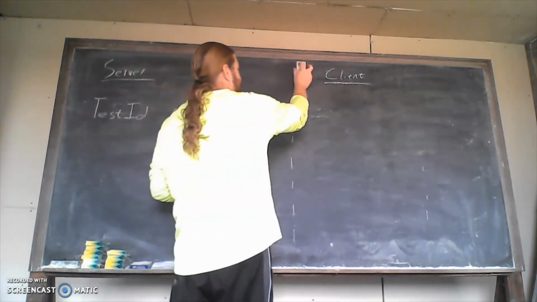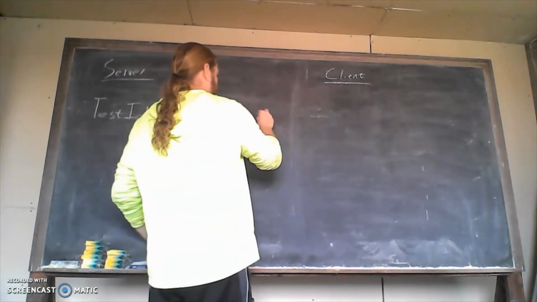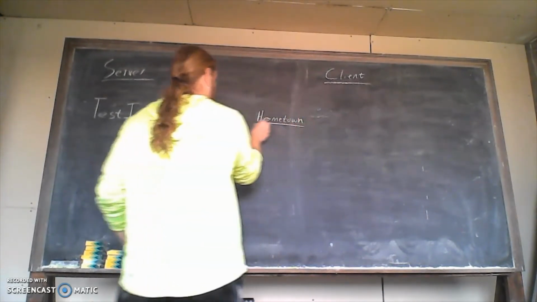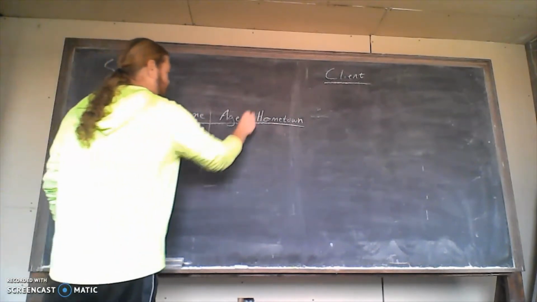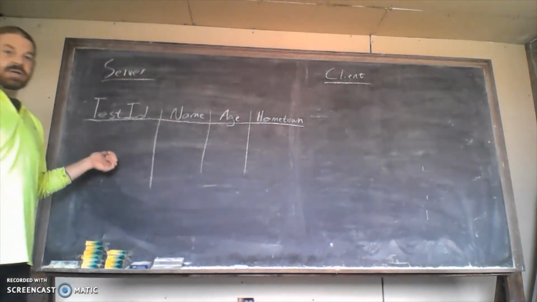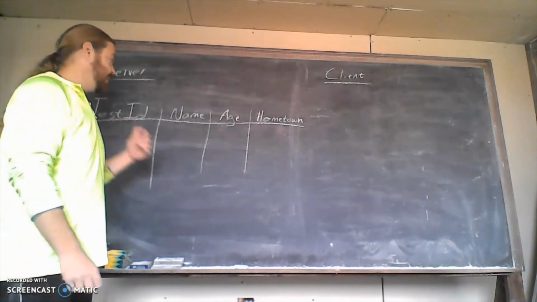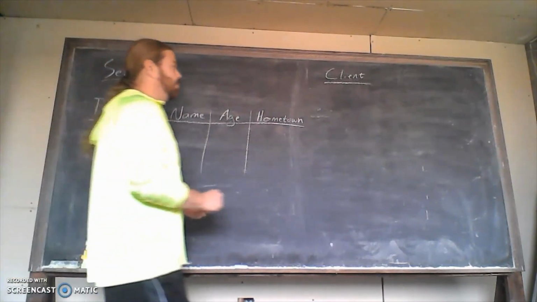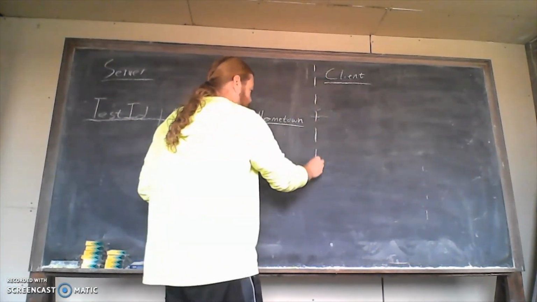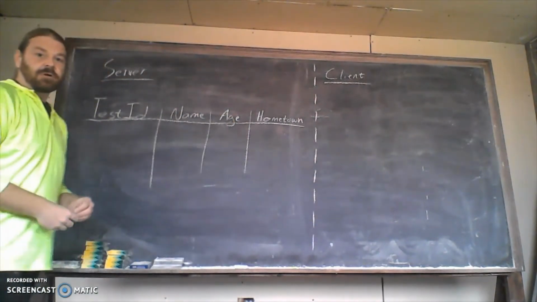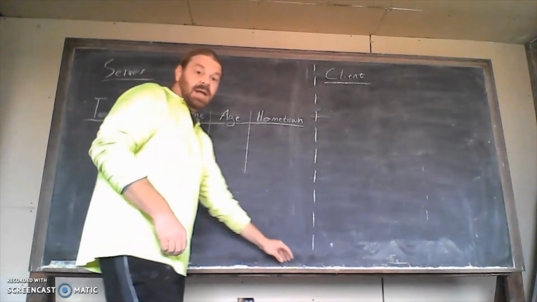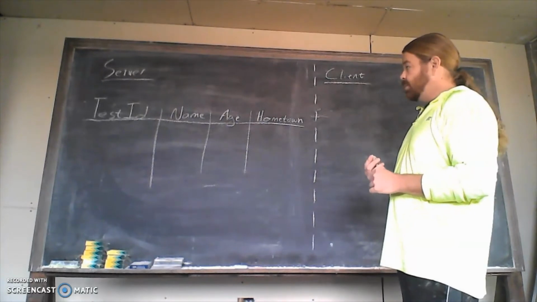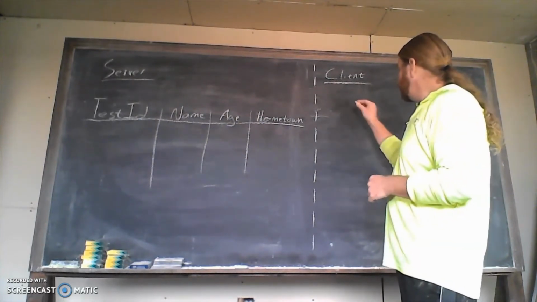Drew my line in the wrong place there. So for our test data, just a test ID, unique identifier necessary for the database part, and name, age, and hometown. Just some basic data to work with. And that's going to be over on our server side. On the client side, where we're usually working with, what we usually do with Java, well,